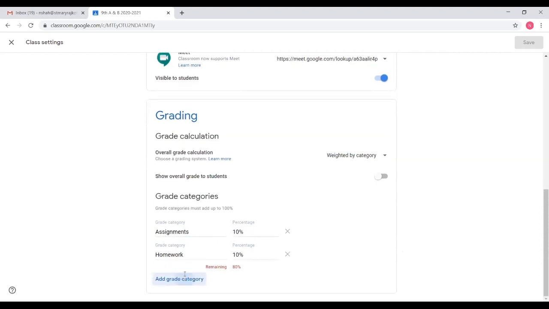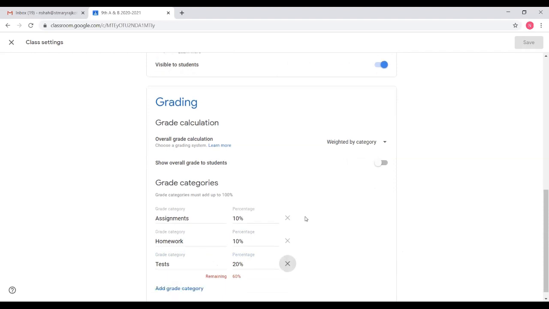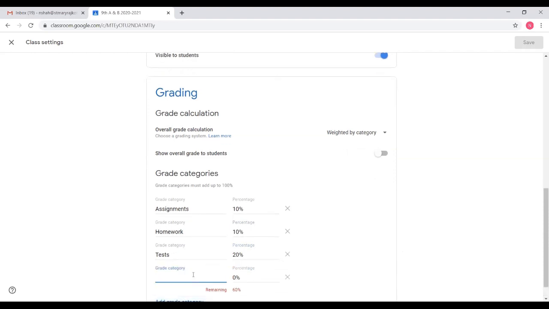New category, you can add as many categories as you want, summing up to 100%. Test, class tests you might be taking, and you want to consider 20% of that, and then final exam, which would be the remaining 60%.